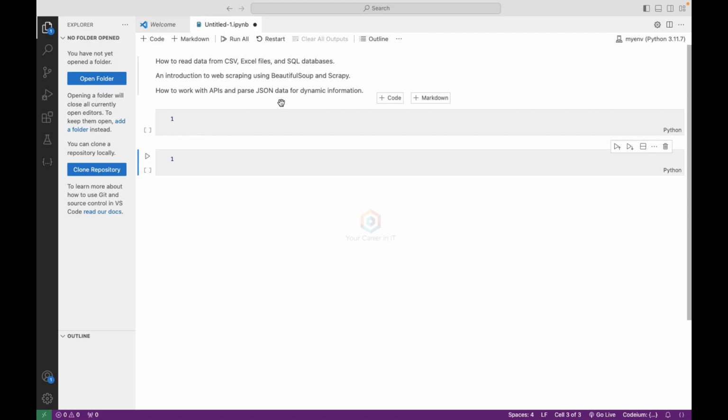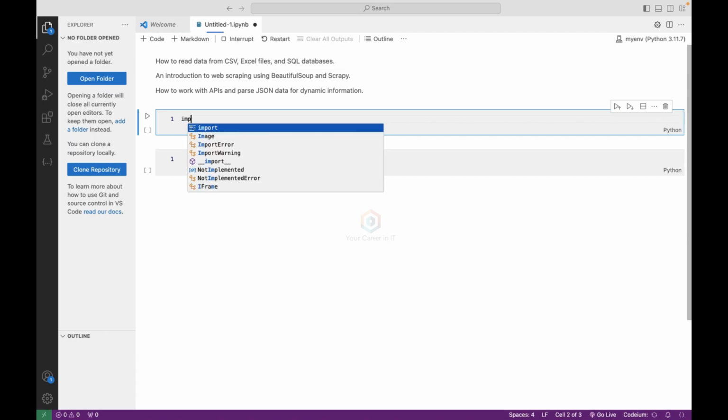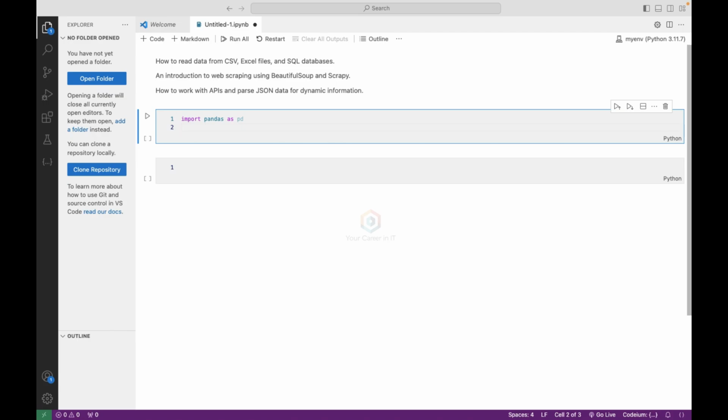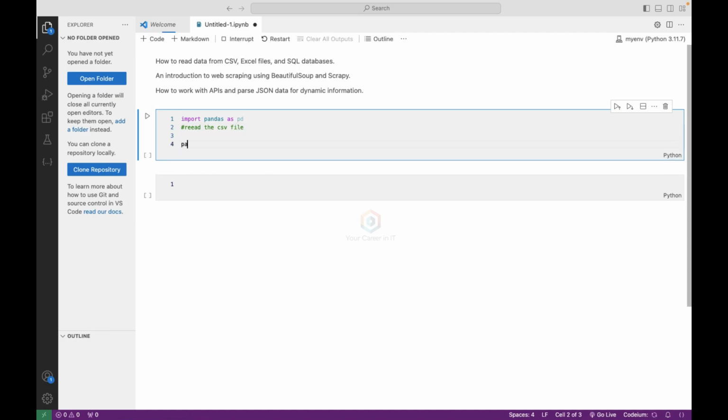Let's get started. Let's start with how to read data stored in common file formats like CSV and Excel files. So Python's built-in libraries and packages like pandas, which we already used in our previous videos, make this process seamless. So first we import our library, pandas as pd, then read the CSV file, set the path